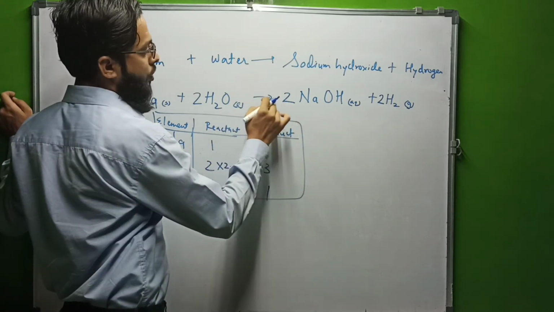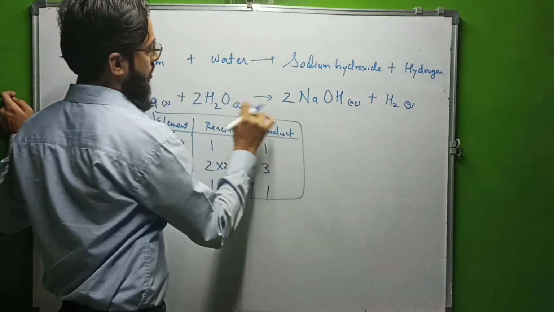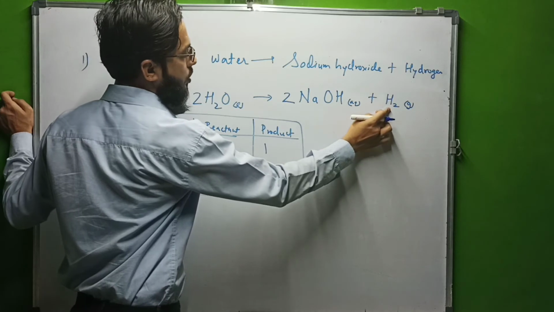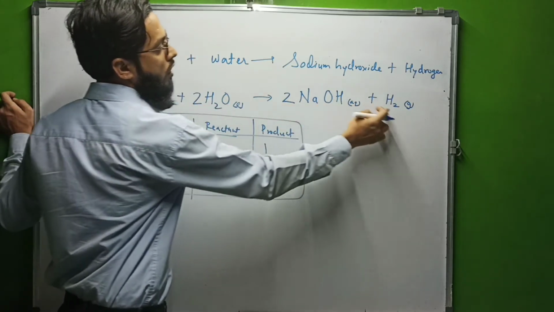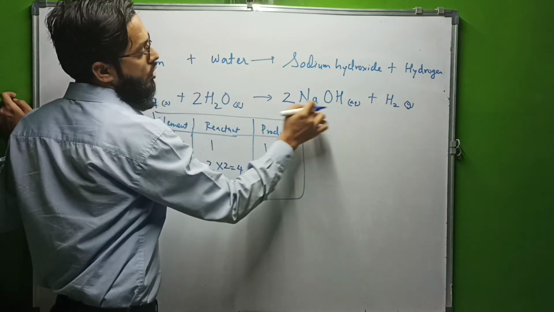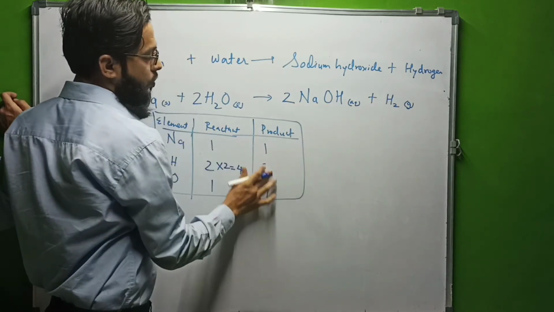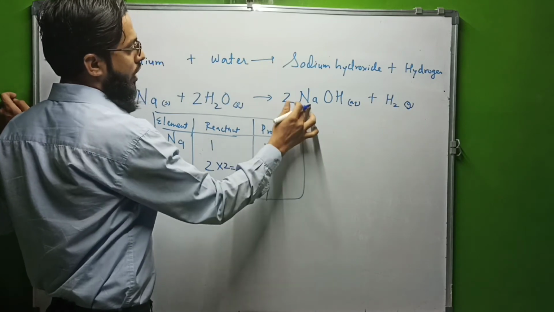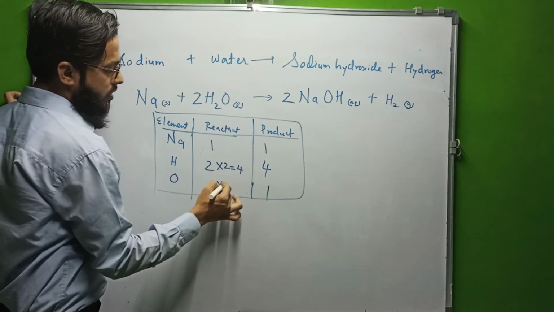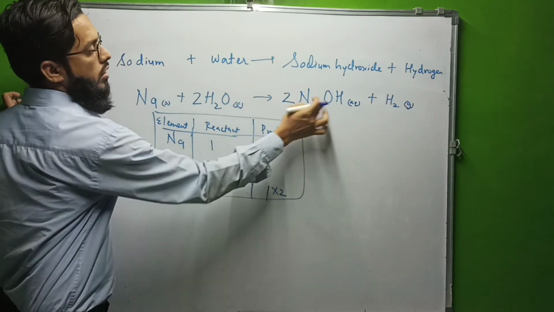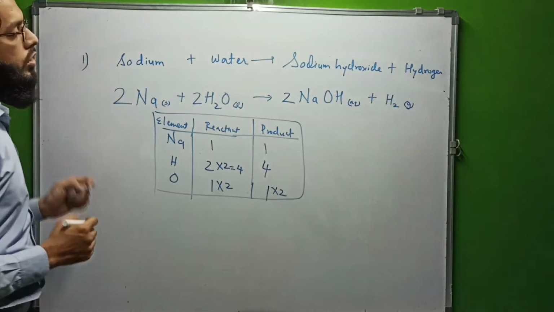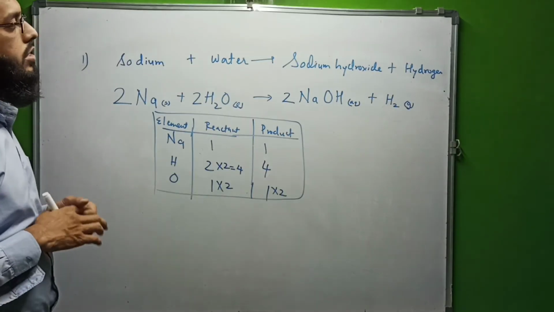So here we have changed the hydrogen, so it becomes 4. I have put 2 over here, 2 2s are 4. Now this is already 2, so 2 hydrogen plus 2 hydrogen is 4 hydrogen. As I have kept 2 for oxygen also, my oxygen gets balanced. And Na is 2, so I'll put 2 over here. This is how we can balance this.